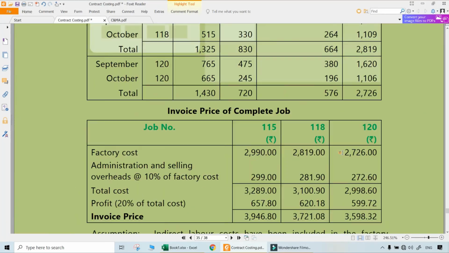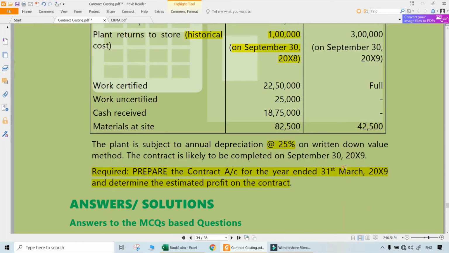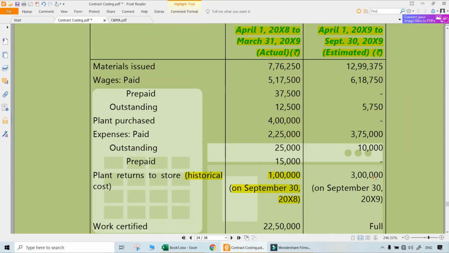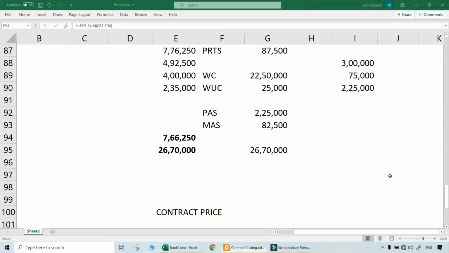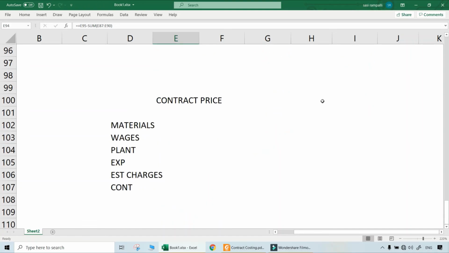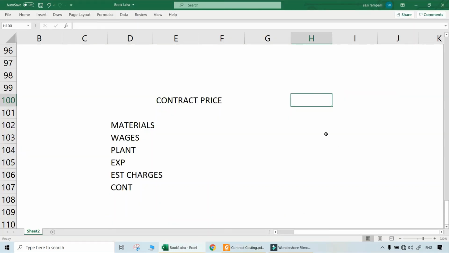But there is other part of the question also which we are still to do. That is computation of estimated profit on the contract. Estimated profit also has to be computed. Now, again, as I said, it can be just taken like a statement or even an account can be prepared for the entire contract for the entire period. Either way, it's okay. Because we already did it, let us do it the same way. We can prepare a statement. Doesn't matter, credits, debits only matter. Plus minus is the only thing. Ultimate answer should be same.